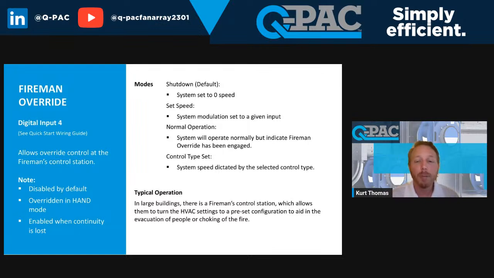So let's say you want our fans to maintain static pressure without the BAS. Our Fireman Override can do that. So the assumption anytime there's a fire is that the BAS is offline. So this mode is built so that the firemen can actually operate our fans and they can do what they need to do in that event that the BAS goes down.